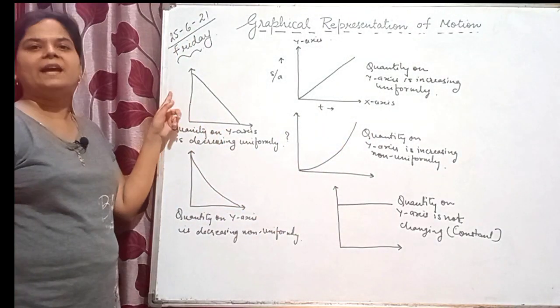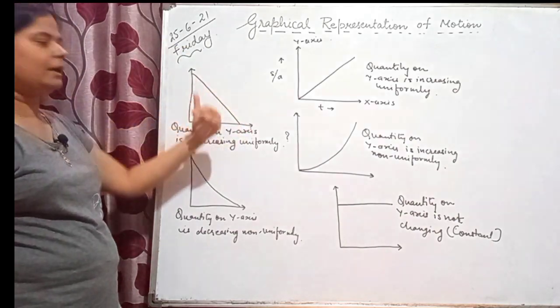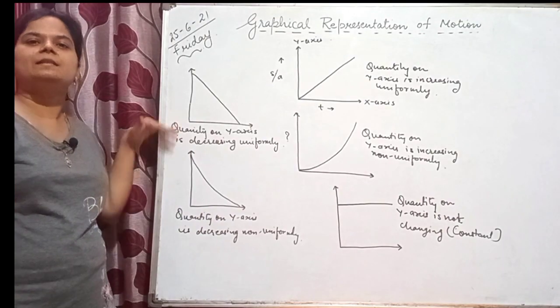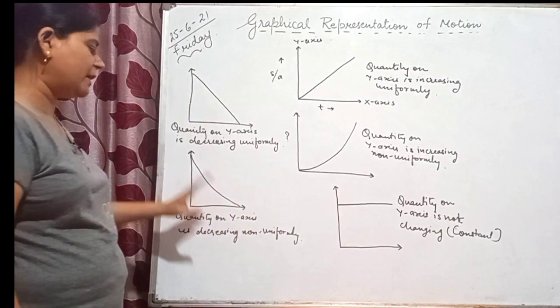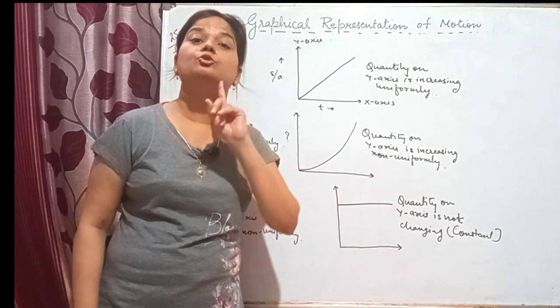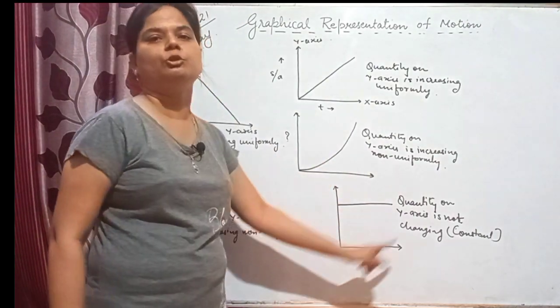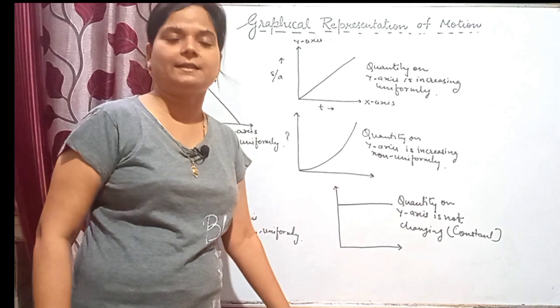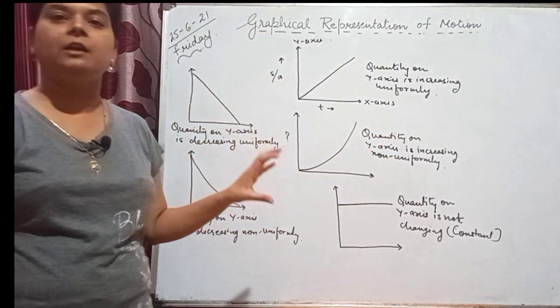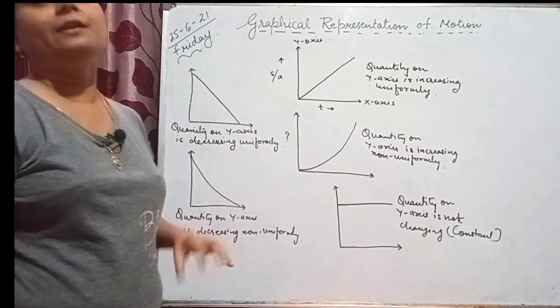The quantity on the y-axis is decreasing uniformly with respect to the quantity on the x-axis. The quantity on the y-axis is decreasing non-uniformly with respect to the quantity on the x-axis, and here the quantity on the y-axis is not changing with respect to the quantity on the x-axis. So these things you have to keep in mind while reading the graph,